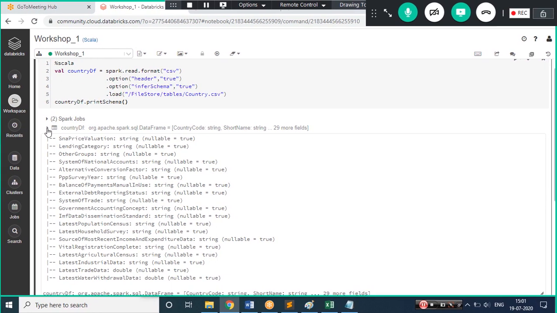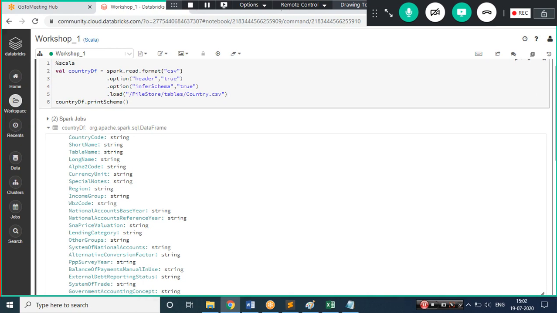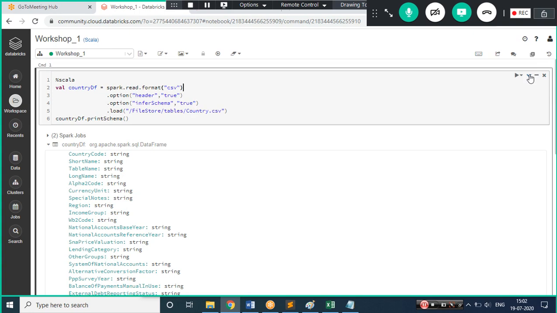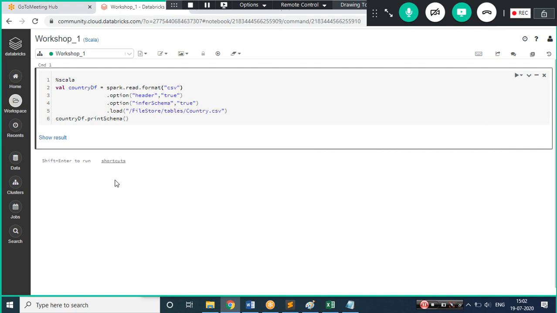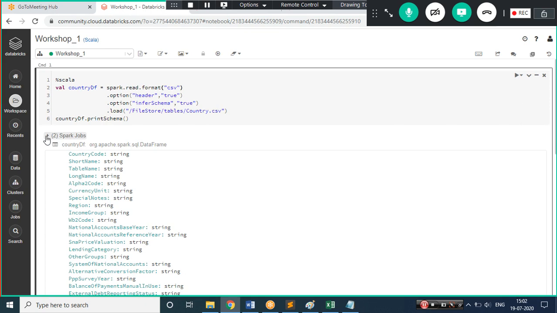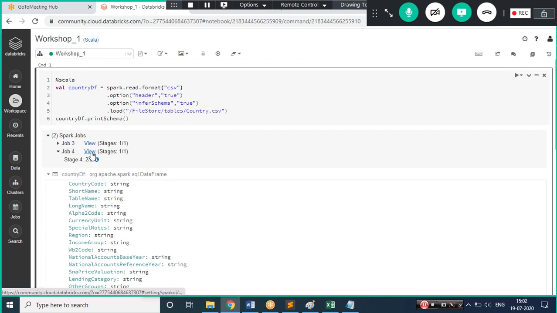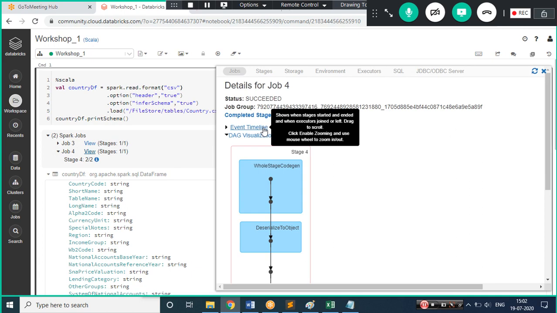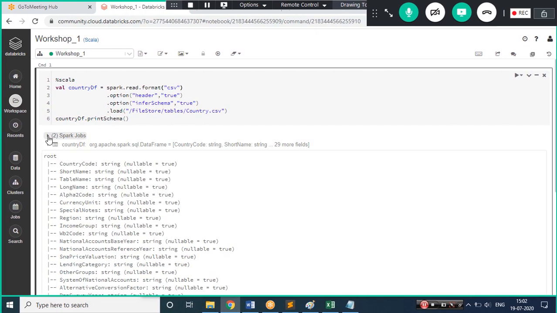If you want to minimize, you can minimize from here. And as I told you earlier, we can take leverage of this also. You can say hide code, hide result. If I say hide result, my result will get hidden. No issues in that. If you want to see the result, you can see it as well. If you want to see what DAGs have been created, you can go over there and see the DAGs also. As of now there will be only one whole stage. You can go through this if you have knowledge of Spark Scala. I'll not go into that. I'm just exploring Databricks and trying to show you. Okay, so let me hide the result.